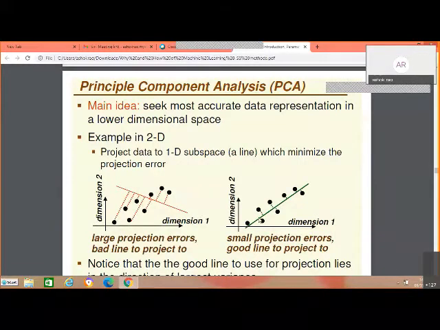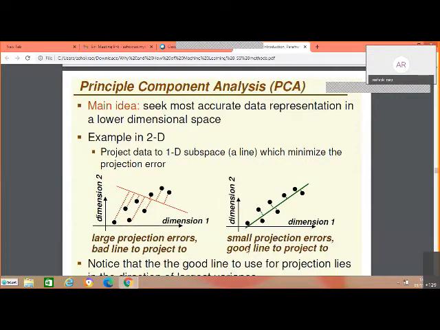And I now find what is the error in the representation. The error in the representation is almost zero here, almost zero here, almost zero here. This length squared plus this length squared, square root. Very small error. So what it means is this line is a very good representation of all these 8 data points with a very small error.